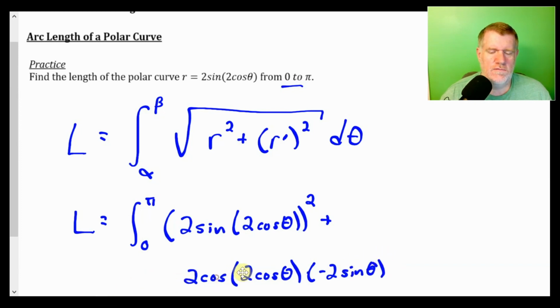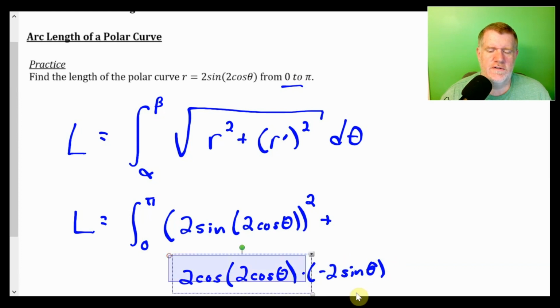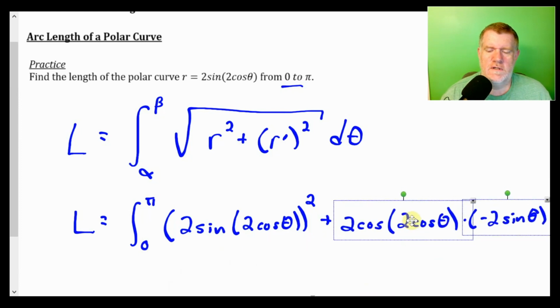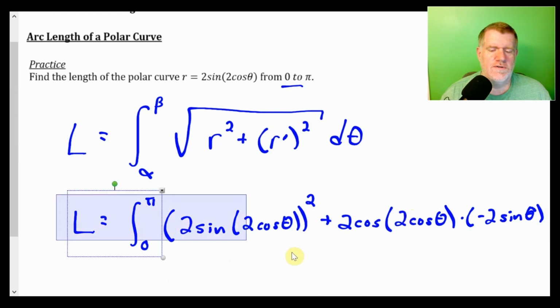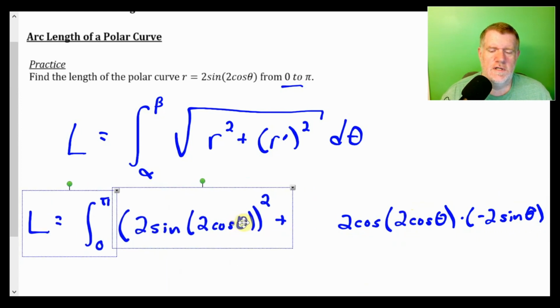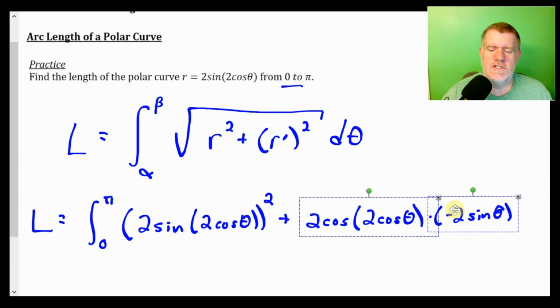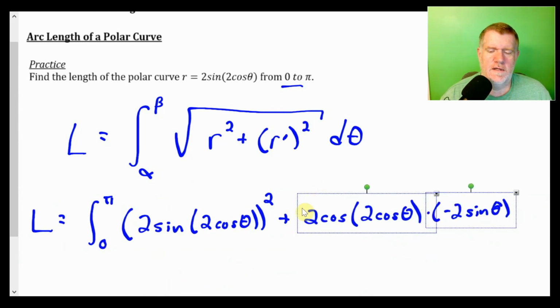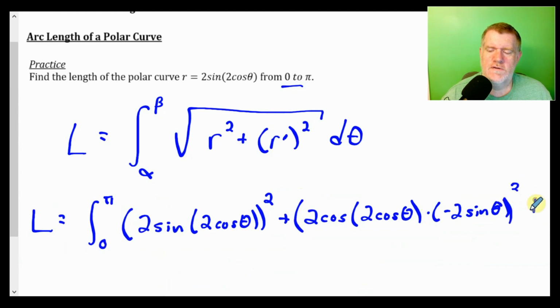Okay, well, we're going to take all of this. Let's move it all over so I have room. So we're going to take this whole thing I just calculated and square it. I'm going to take the antiderivative of that whole thing with respect to theta. Now, again, I don't want you to bother. I will tell you the answer, though. It is